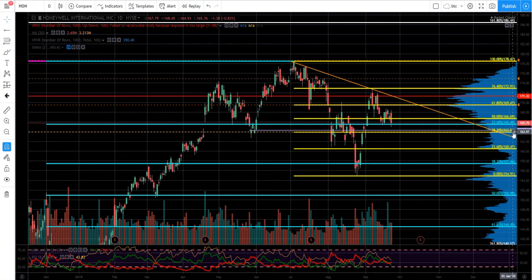Anyway, below 164, possible move lower here in Honeywell. Not a lot of volume below price, a lot of potential gaps to fill, and then we still don't have a retest of the secondary 38.2 down here at 157.5. So if there's a stock to play to the downside out of the index or the sector, certainly look at